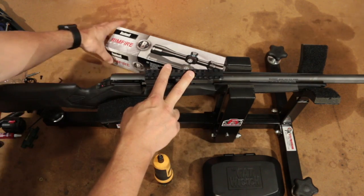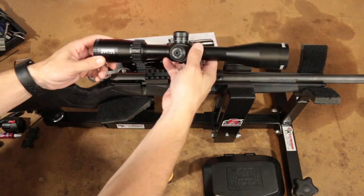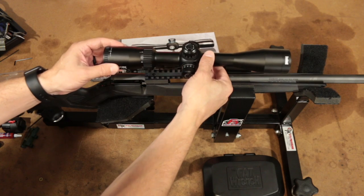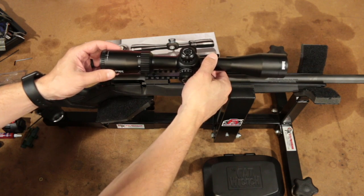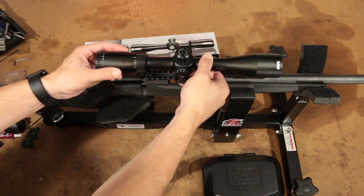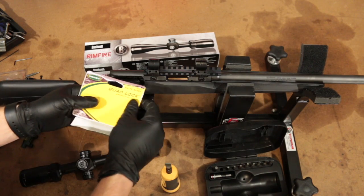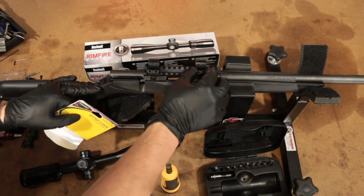We need to mount this optic. I actually have it out of the box already. Bushnell sent their 6 to 18 side focus rifle scope, which is a really cool match to this, and we're going to mount this, which also includes proper torque specifications. I'm going to use these Weaver quad lock rings for this application. They're like 16 bucks or whatever. Not very expensive. They're going to be fine for this application, but you can see there's a lot of play